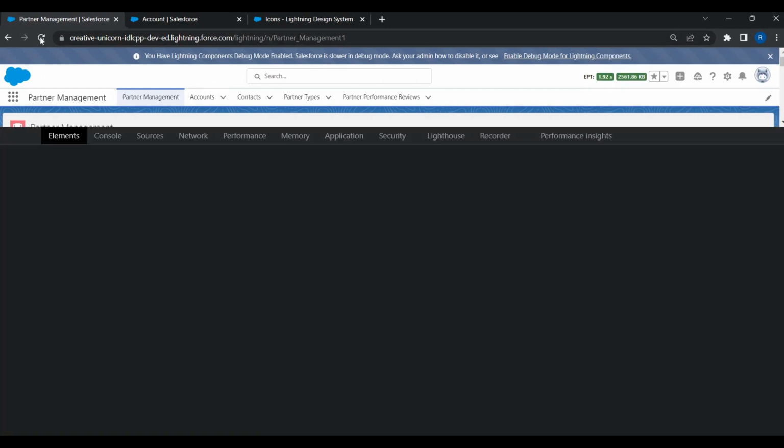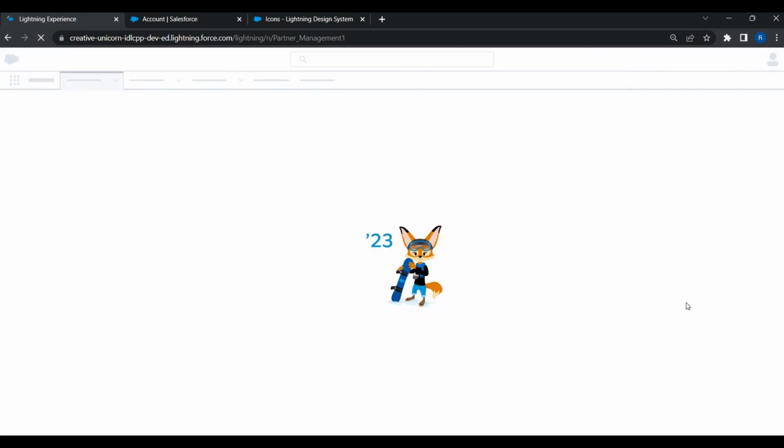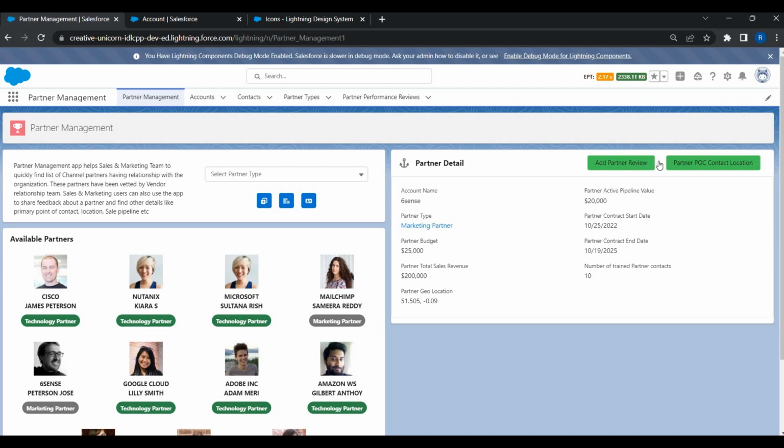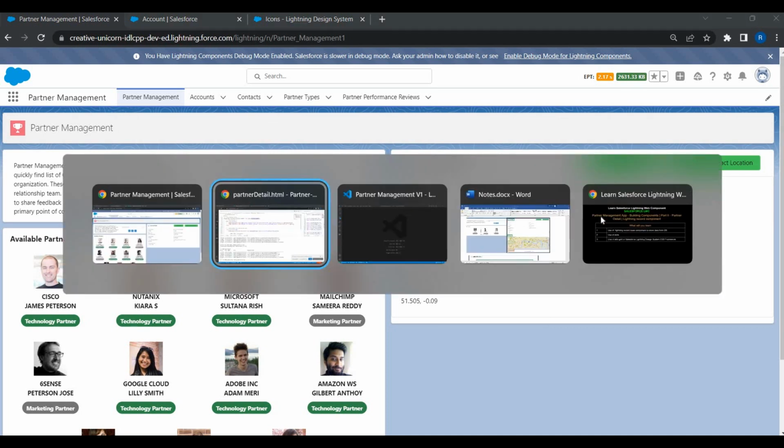So, okay, I think I have to clear the cache. So the cache has been cleared. Now we can just see this, right? The icon is appearing, plus automatically, because we are using slots, the buttons have been aligned to the top right corner. So pretty much we are done with this partner detail, except that the data is hard coded now,